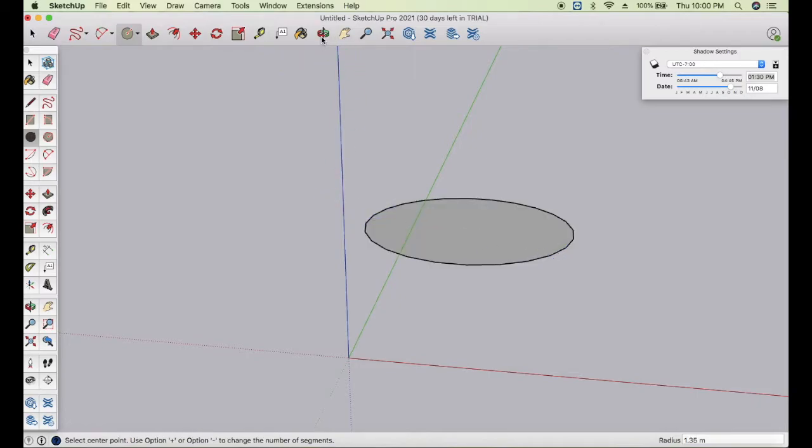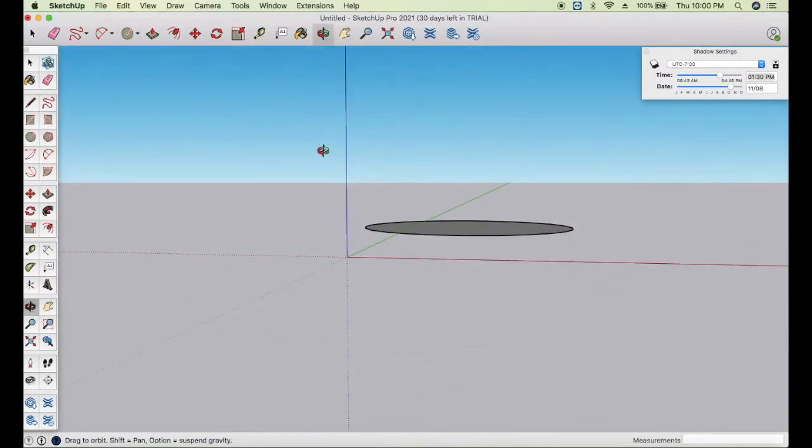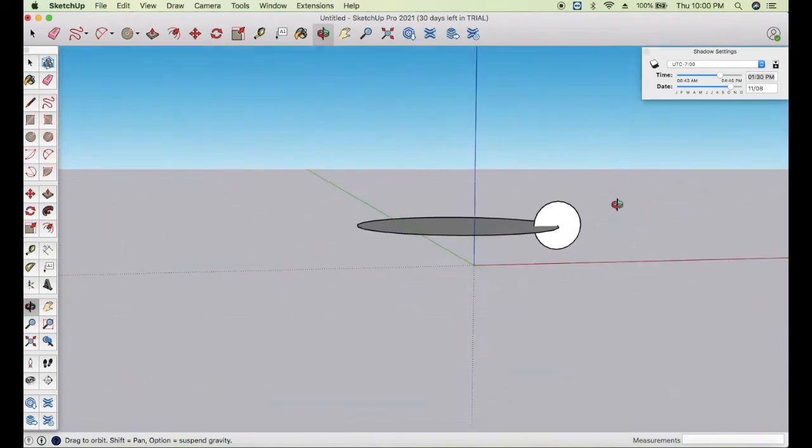Let us take another circle in the green axis on the edges. You need to remember that you need to put it on the edges, not on the center. Okay, so you can see this is what we have formed.